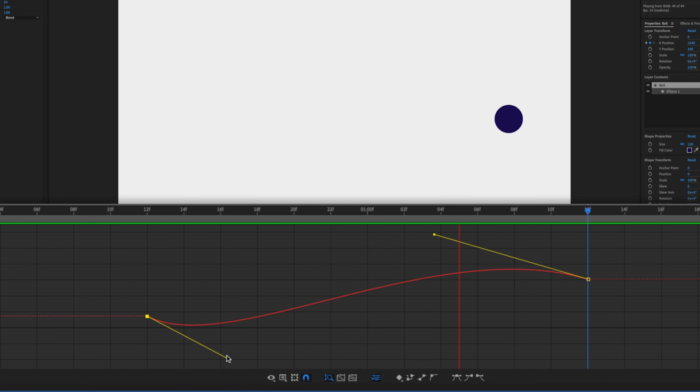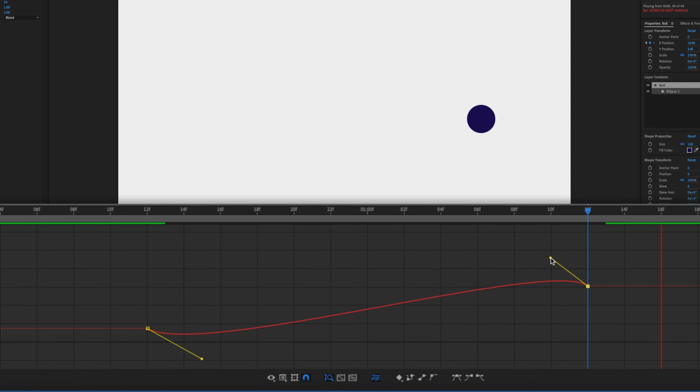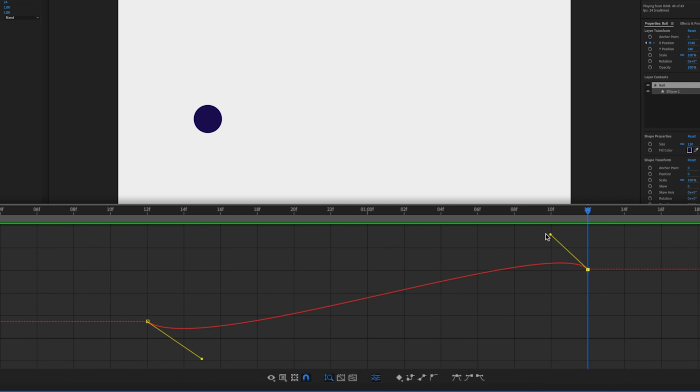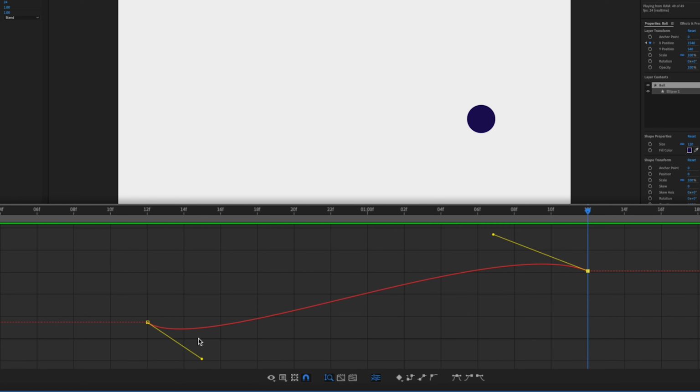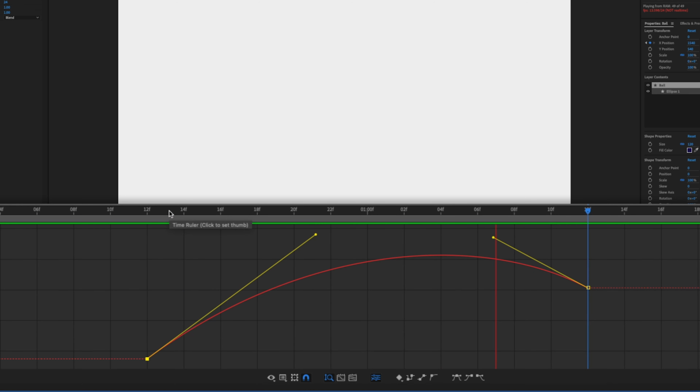You can also take these and make it a little bit more subtle. So if you don't want to have it quite so extreme, you can bring it down a little bit. And as with the speed graph, the more extreme angle you put on these handles, the more exaggerated our animation will be. So if you wanted to have it just take off and then overshoot and come back, you can drag our first handle way up and maybe drag our second handle down a little bit. And again, this gives you the capability to do really neat animations with just a couple of keyframes by tweaking